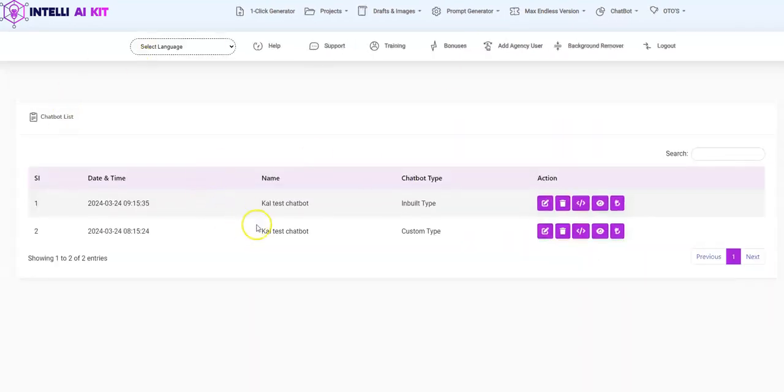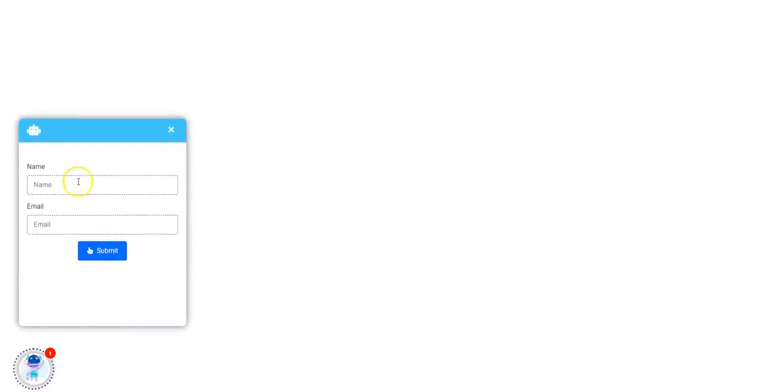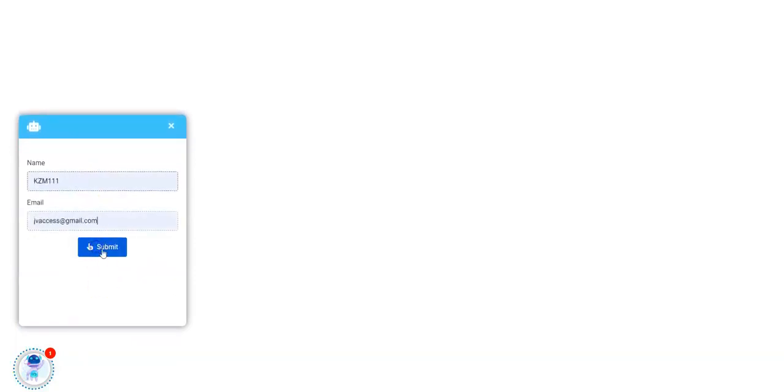So right over here I've got my chatbot, and let me show this to you. I'm just going to hit on this, the one that I've just created, right? So yep, this is the one that I've just created. I'm just going to hit on try chatbot, and here it is. I'm just going to select that as standard, and whoever is going to visit your website or your page is going to be greeted by the chatbot. And if anyone asks any questions,